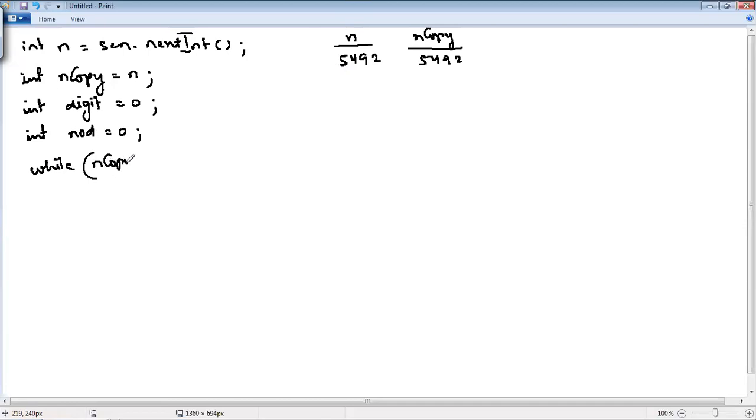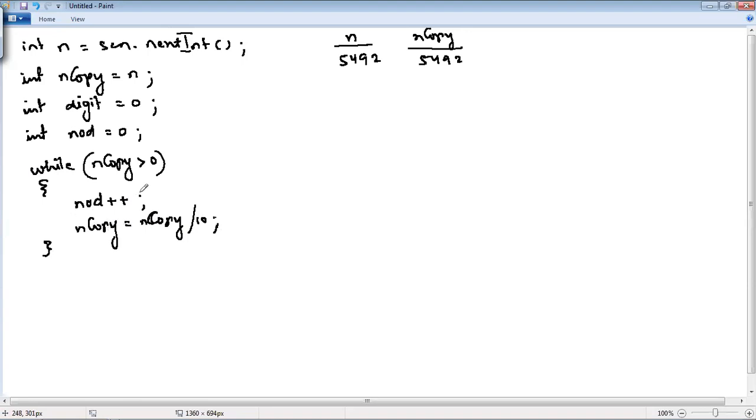While nCopy is greater than 0, NOD plus plus, nCopy is equal to nCopy divided by 10. So this while loop will calculate the number of digits.